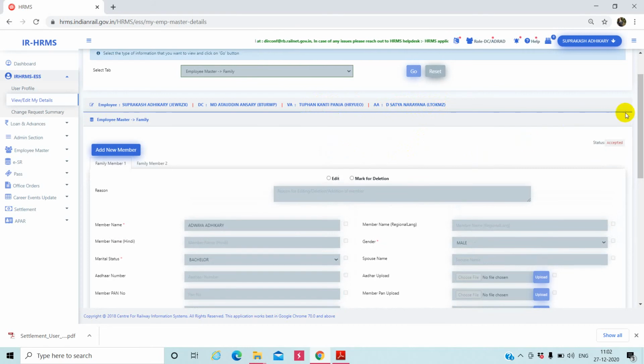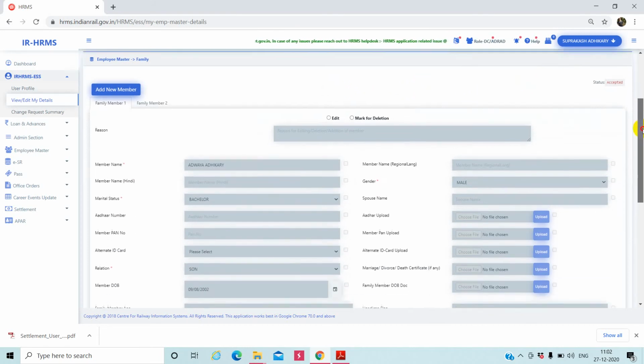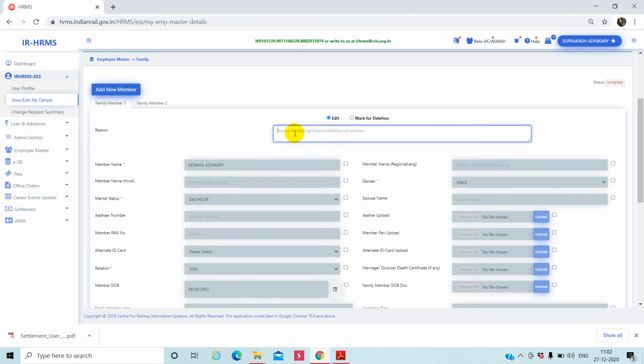So two things are there. First thing, you may edit or mark for deletion. What is the difference between edit and mark for deletion? If there is some error in the data, then you may raise the edit, and you must put down the reason for which you are going to edit.